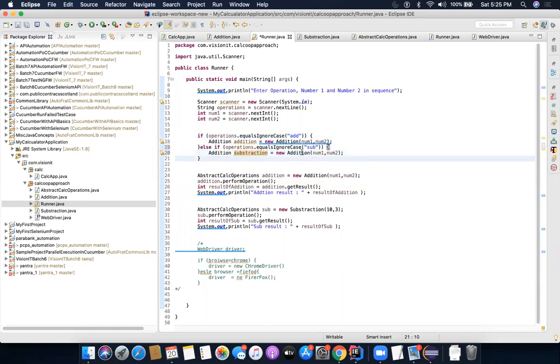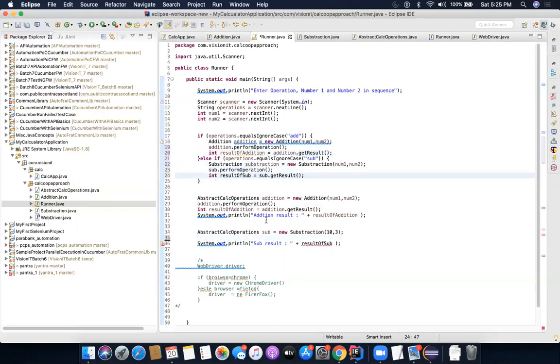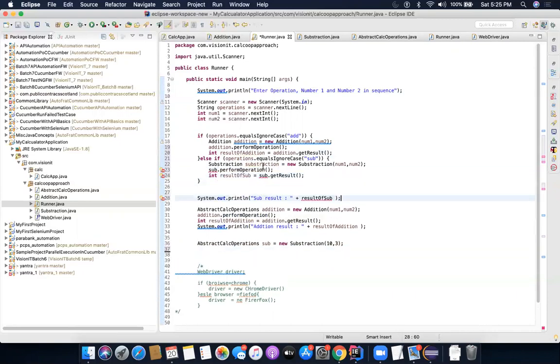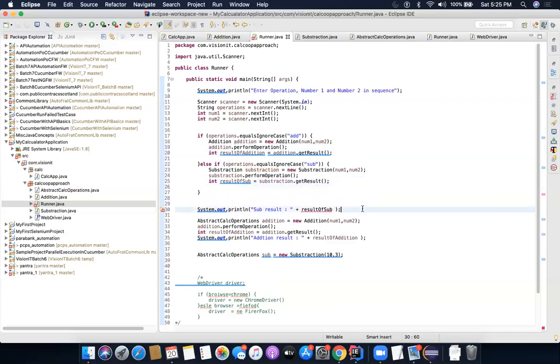And I will also have to create the proper class name, subtraction. All right, and then I have to call these three things perhaps here. I'll do that here, and I will simply print the result maybe here, right? Subtraction. Let me change this, and let me change this as well.